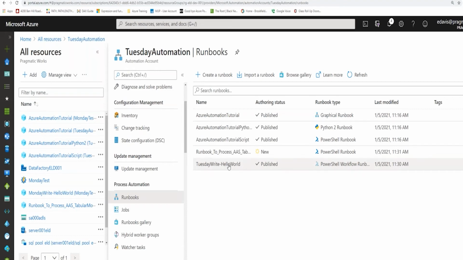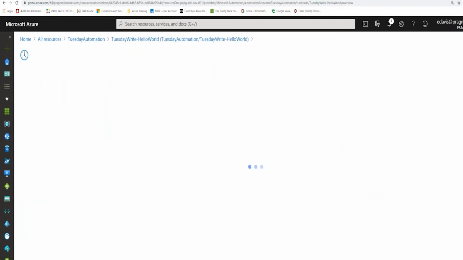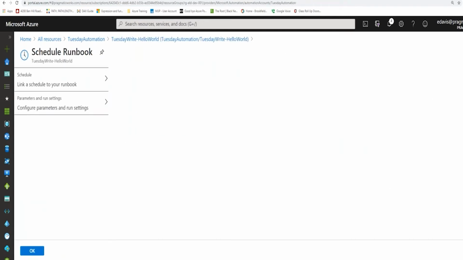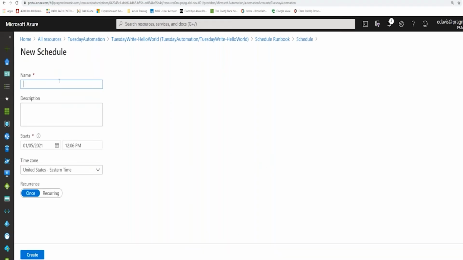Well, you click on your runbook that you published and tested. You'll come back in here. You'll say, okay, what do I need to do now? Now that you're in that runbook, you need to go ahead and link it to a schedule. So you click on link to schedule, and then you set up the schedule. So you come in here, you click schedule, then you create a new schedule. In this case, you give it a name,